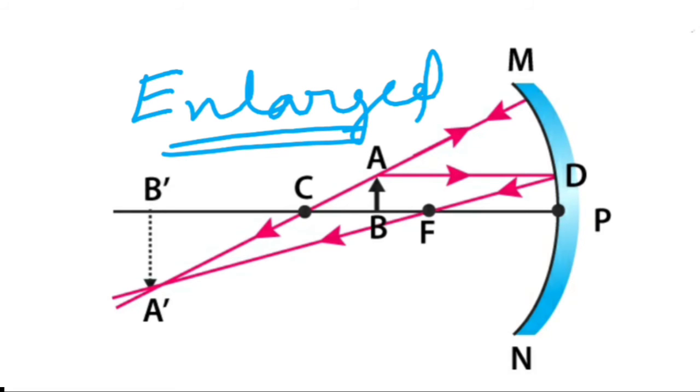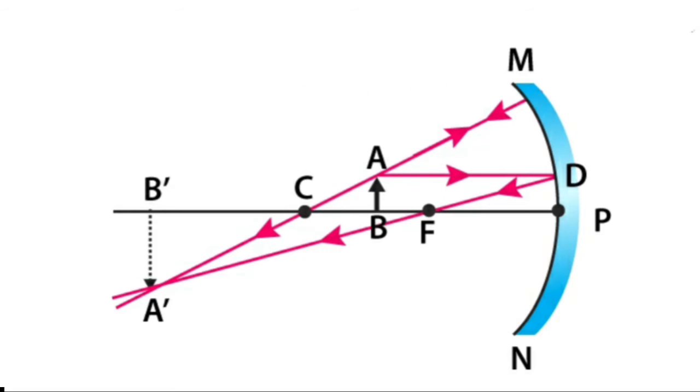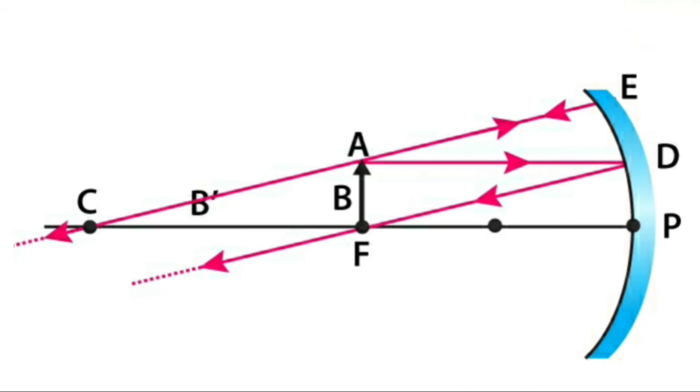Okay, next one. If you consider the object at focus, from this focus, if you consider two rays again, 1 and 2, then we will see that one ray